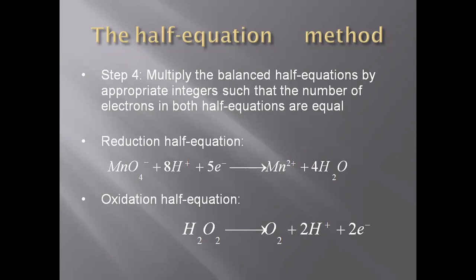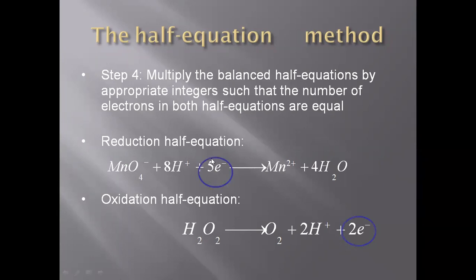अब हमें क्या करना है, एक appropriate integer से balance करना है, means multiply करना है पूरी equation को, ताकि हमारे number of electrons equal हो जाए. Because we can't just take 5 or 2 electrons. We need to balance it. So that is why the perfect integer will be cross multiplication.